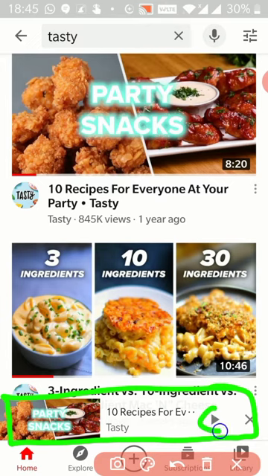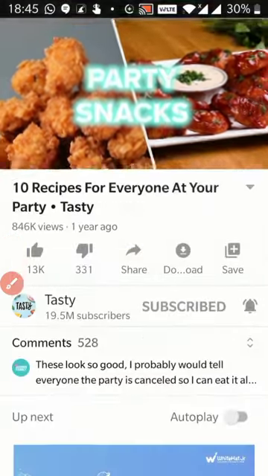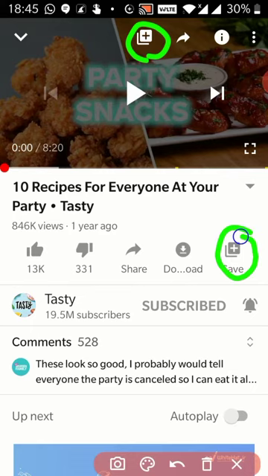You can start it from there, and if you don't want to watch that video anymore, you can click on that cross, and the video will stop playing. Next is the add to watch later option. The same option is over here as well. That is save to watch later, add to watch later. If you want to save it over there, you can save it from there, and if you want to save it from here, you can save it from here.